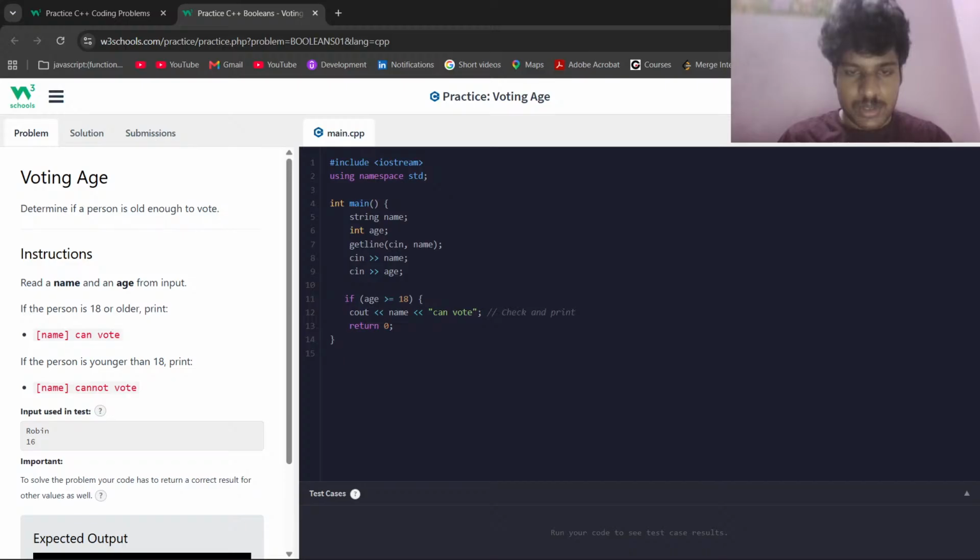Close it. What is the other case? Else. You don't really have to check if it is less than 18 now, because obviously if it is not this, then it's obviously less than 18. So you don't have to check that. So you can directly see out,